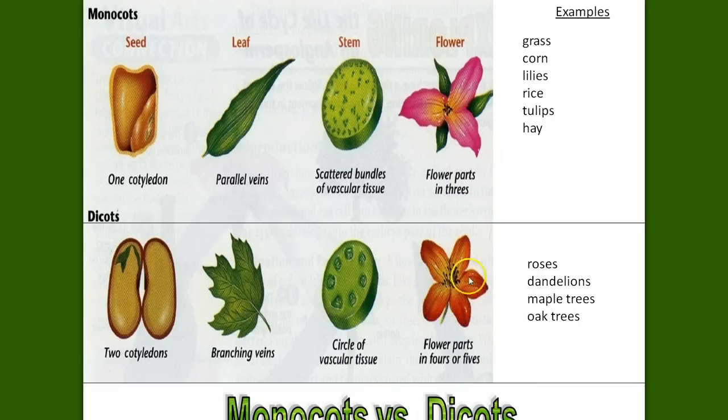So if it has 4 or 5 petals, then it's a dicot, because it had more food to make more things. More food for more veins, more food for a bigger leaf, more food for more intelligent vascular tissue, and more food for more petals. Examples of a monocot would be grass, corn, lily,